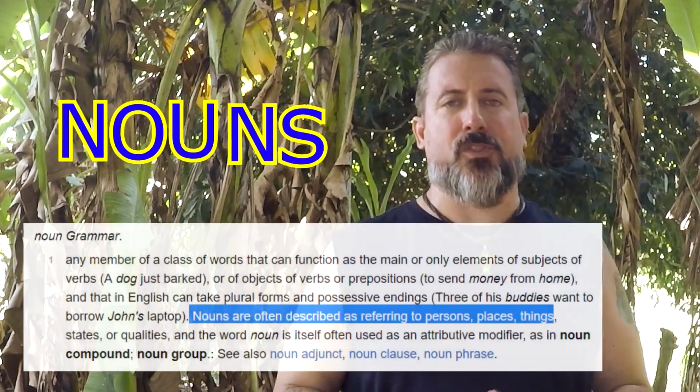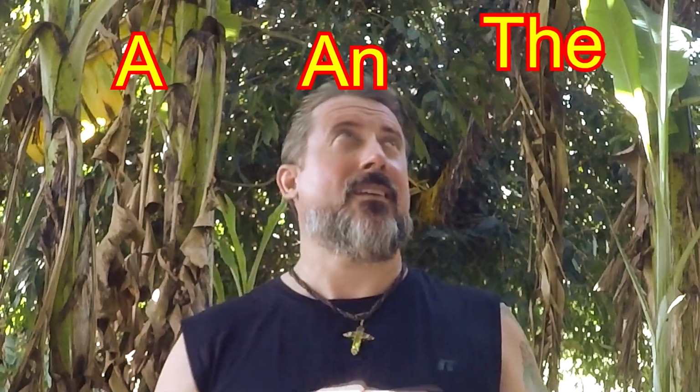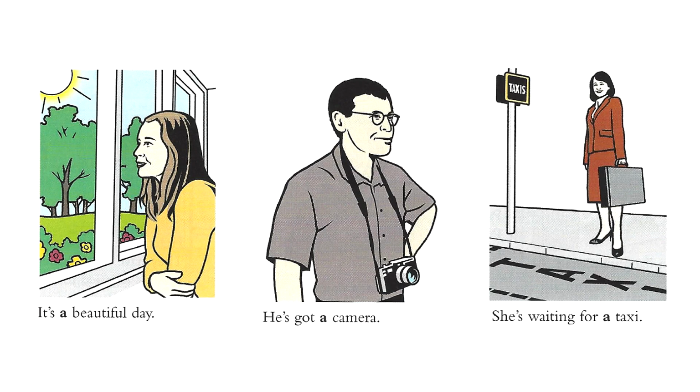So, let me go a little further. To put it plainly, articles are used with nouns. No other words but nouns. The three articles in English are a, an, and the. Now, the English learner, like you, needs to make a decision noun by noun on which article to use. The native English speaker, like me, uses the articles correctly instinctively. But the English learner, that's you, needs some kind of guidelines on when to use which article.